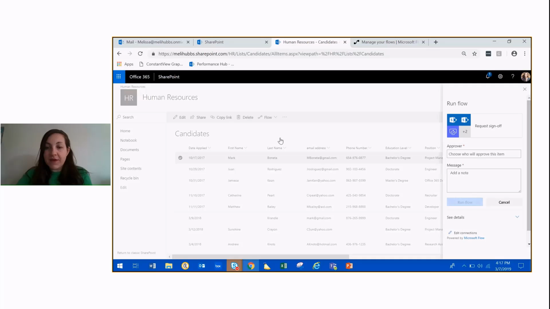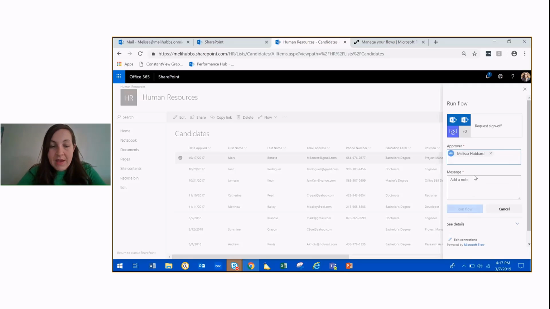And in Microsoft Flow, there's a concept of an approval center, which is very brand new, and it's per user, a central location where they can see all of the items they have for approval, not just in one SharePoint list, but just in general, all flow approvals. So you can select whoever you want here. And by the way, this flow can be turned on or off.